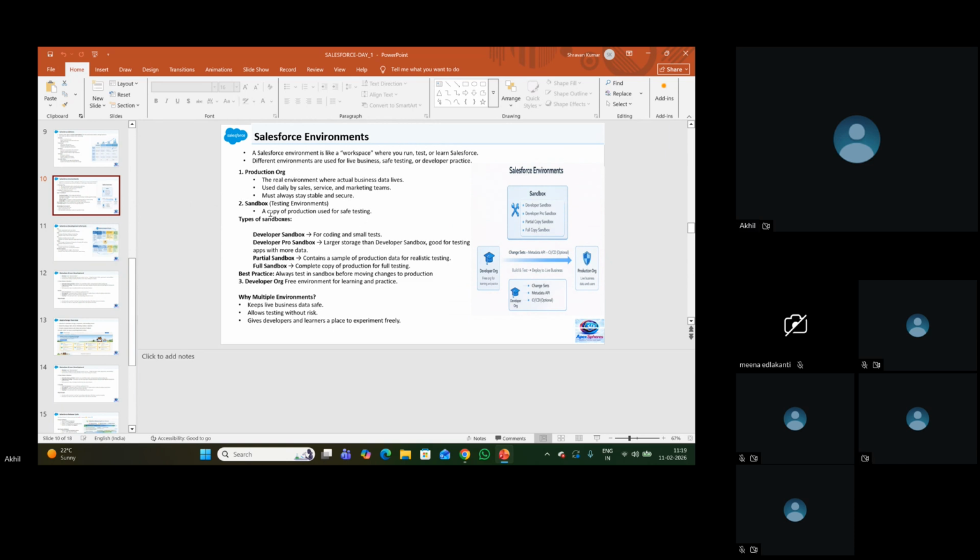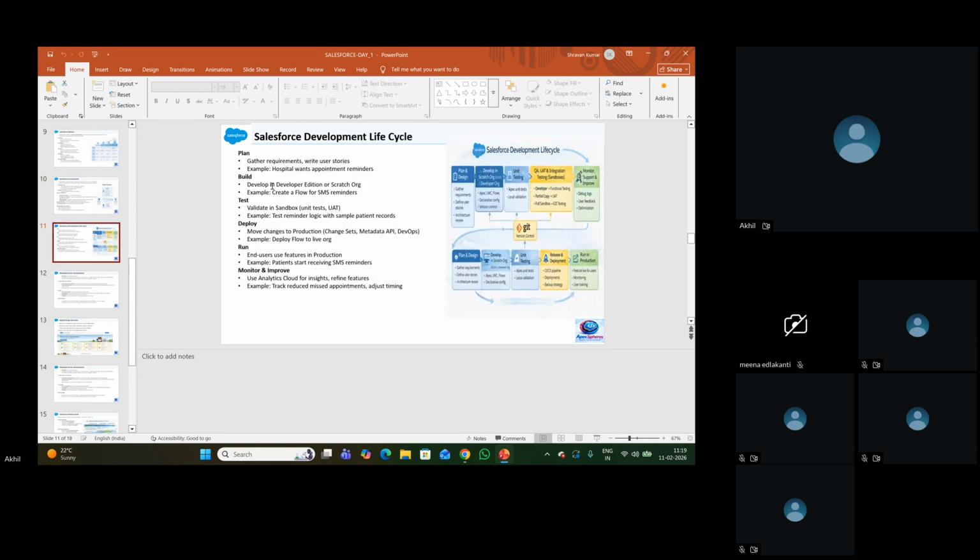If we do it directly in production, the existing functionality would also get impacted, and users might not even be able to access the hospital functionality. We are not 100% sure that our development is perfect. So we'll do that development in the developer sandbox or scratch or developer editions.